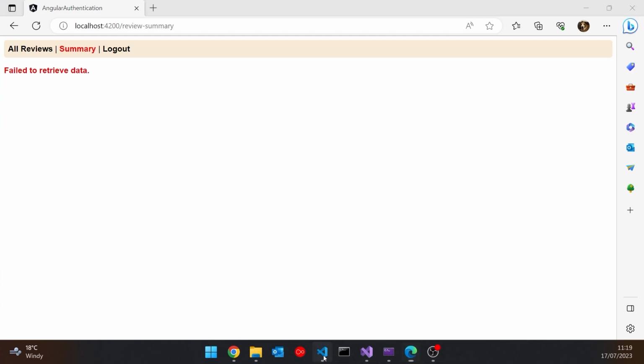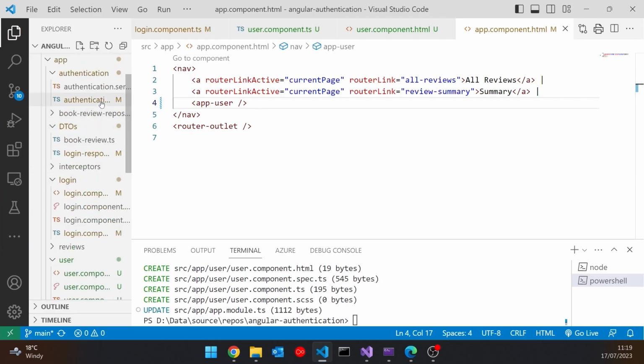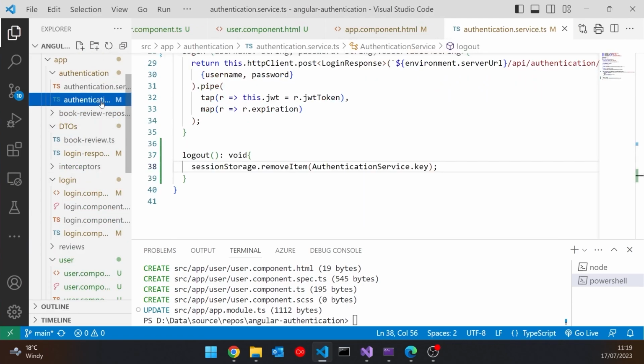We're going to go to the authentication service again, and I'm going to get it to actually be able to report back the username, because we'd like to display, if we're logged in, welcome whoever, and have the logout button, or if we're not logged in, we're just going to have the login button. So let's see what we can do with that. And so to get hold of the username, we're actually going to get it from the JWT token. So let's just get hold of the token again.